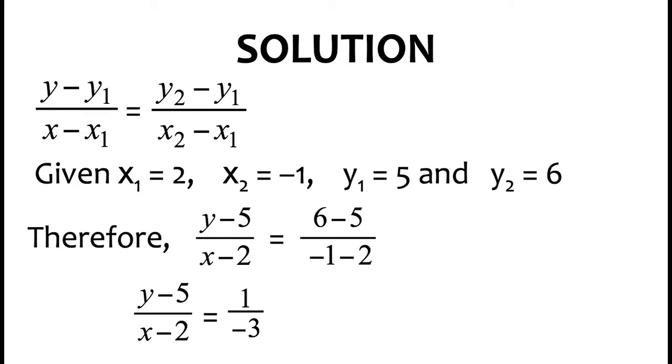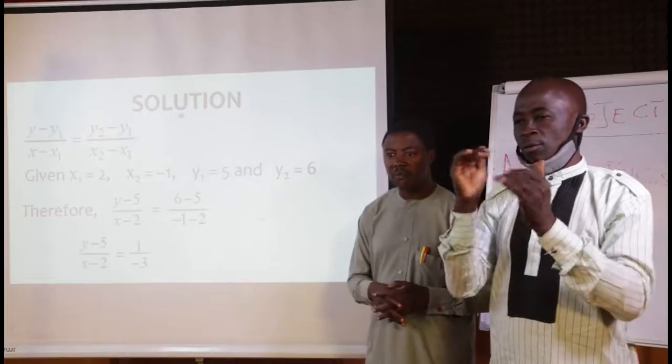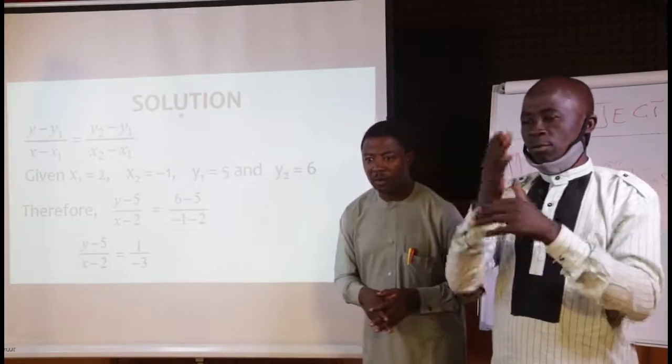Our y2 is 6 minus y1. Our y1 is 5, all divided by x2. Our x2 is minus 1 minus x1 is 2. So we have y minus 5 divided by x minus 2 equals 6 minus 5 divided by minus 1